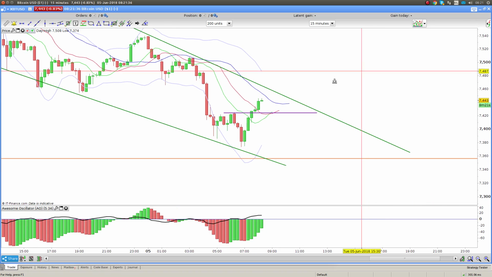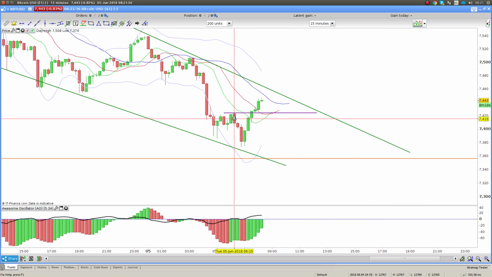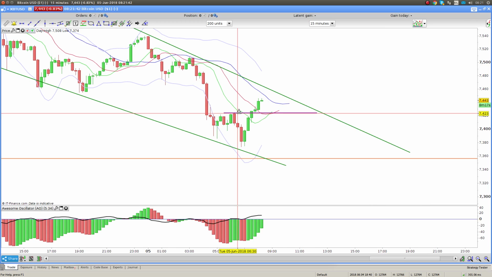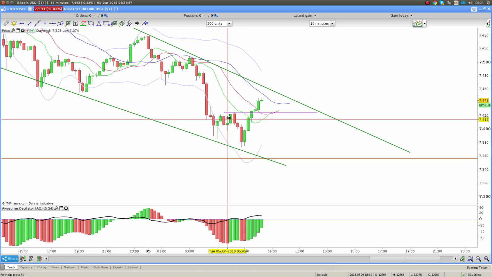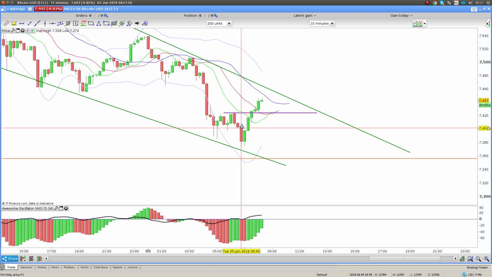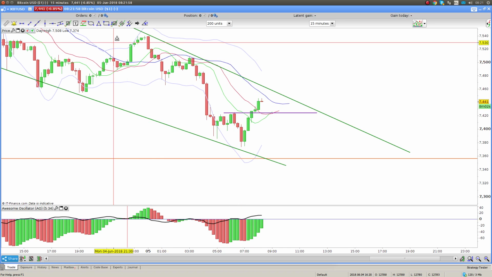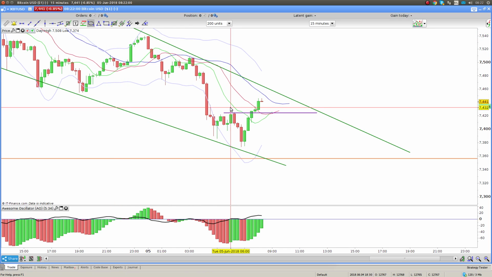Okay, on the 15-minute. So this high here is a fractional, and a fractional basically means I have a high, and on either side of the high I have 2 lower highs. So there's a lower high and there's a lower high. I'm not interested in the lows, I'm only interested in the highs. And there's a lower high and there's a lower high. So that's a fractional to the top. Let's just mark it. So that's a fractional to the top, and